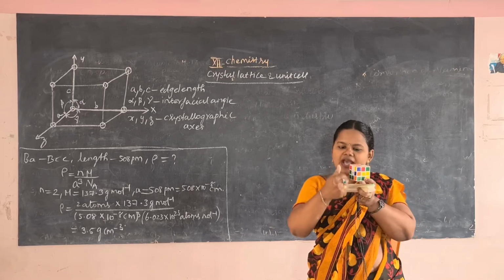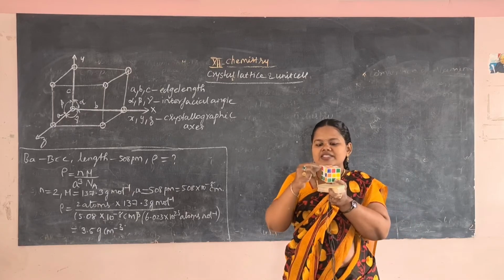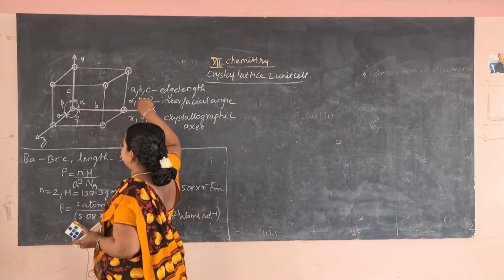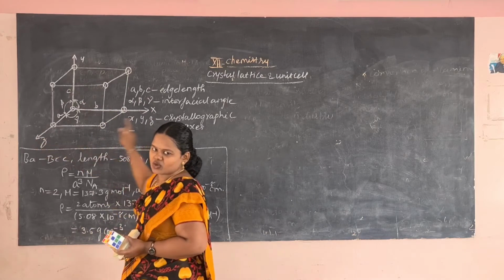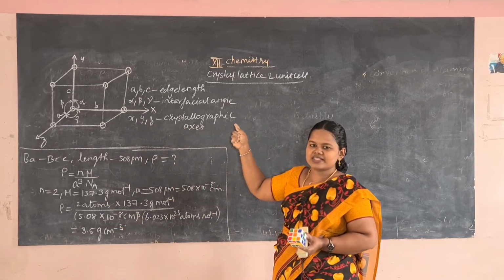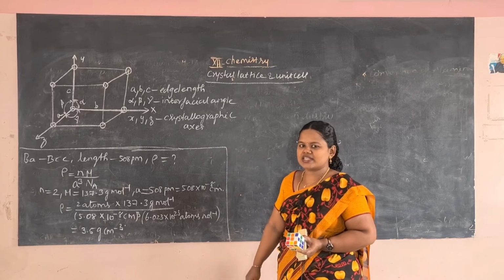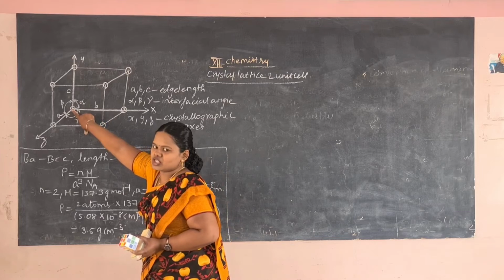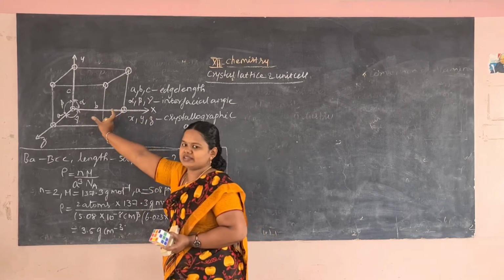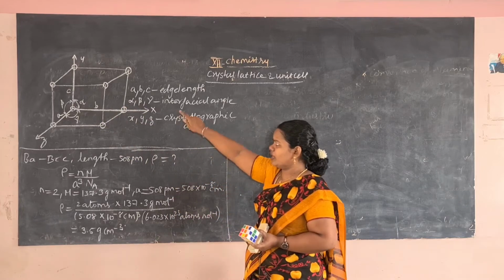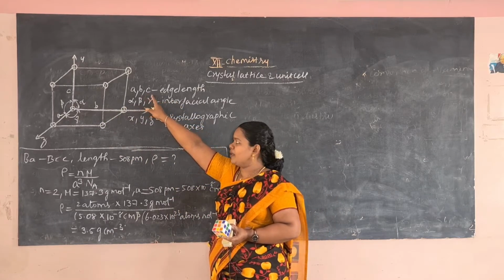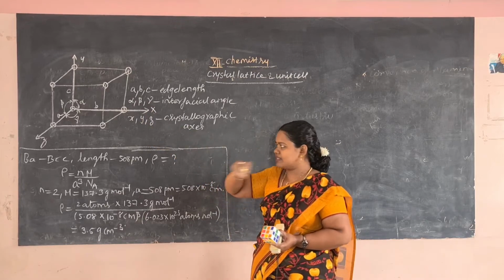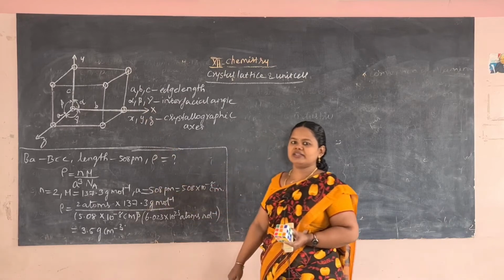In those faces we have some length, which is known as edge length. This edge length is given as a, b and c. And here we have 3 axes, X, Y and Z, which are known as the crystallographic axes, since they are present in the crystal. The length from the origin along each axis is the edge length, given as a, b, c. And alpha, beta, gamma are 3 different angles.